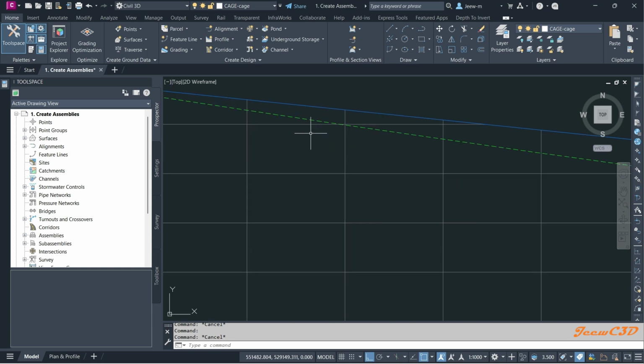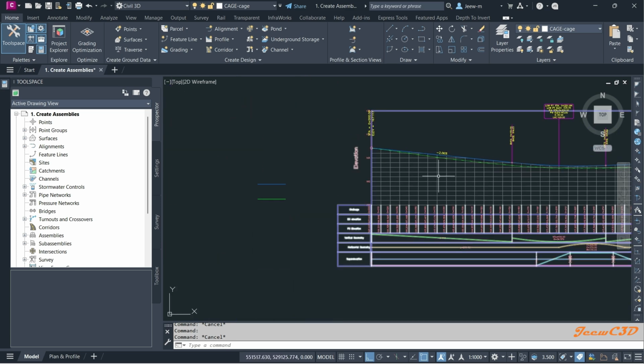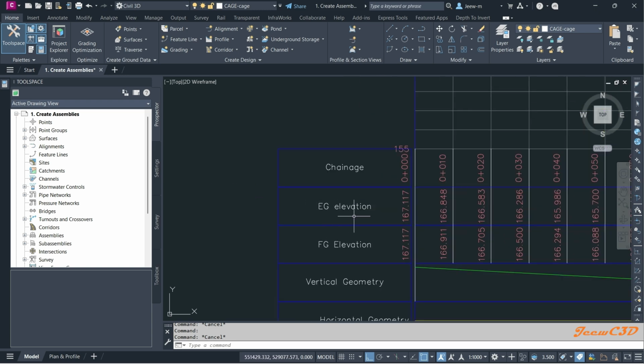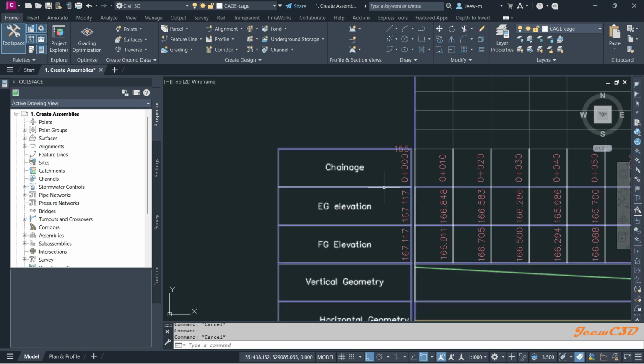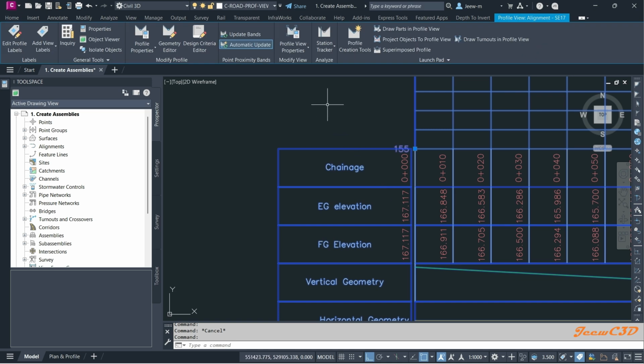So you can see it is some kind of a green color dash line. I am going to add that green color dash line representation onto this profile view band here. This is how to do it. So you need to select the profile view from here, go to profile view properties,